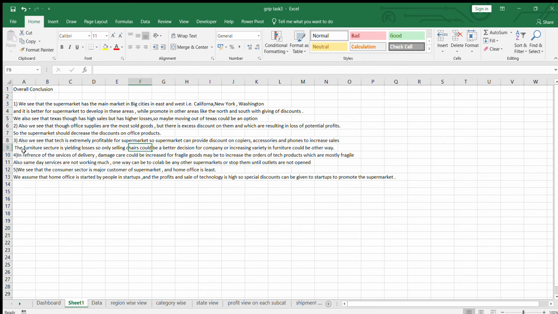So now the furniture section is yielding losses, where clearly only chairs are yielding profit in that section. Otherwise all other items are in losses. So it's important, like we can either increase the variety of furniture, maybe the variety of furniture is not much, and therefore people are buying, but we are yielding losses. So we can either increase the variety of furniture that is available with us in order to gain more customers and greater profit, or we can just keep selling chairs and draw out other options that are in